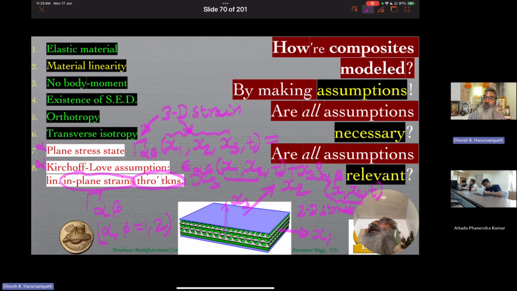Okay, so now coming back to the eighth assumption of Kirchhoff-Love. These are two great mathematicians, which we have had in the recent history a few centuries ago. And both of them have done an enormous amount of work in many different fields. And so this is one of their major contributions where they have introduced a simplification in the model, which, if you go back to our questions that we've been asking about necessity and relevance, is over here: necessary or relevant? The thing is, it's not relevant because in reality